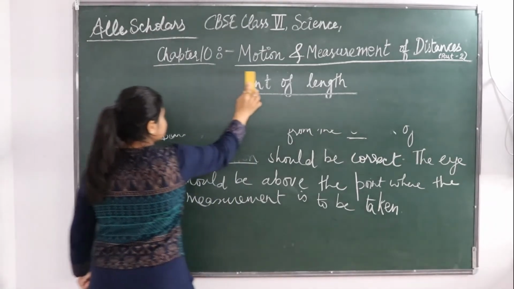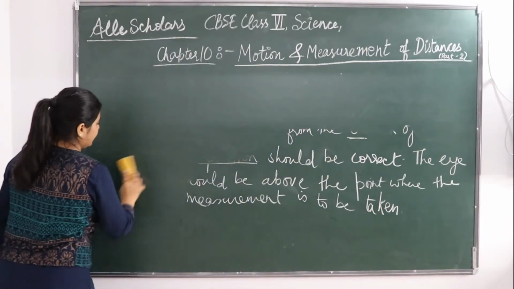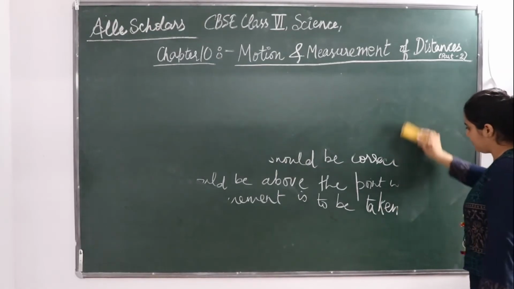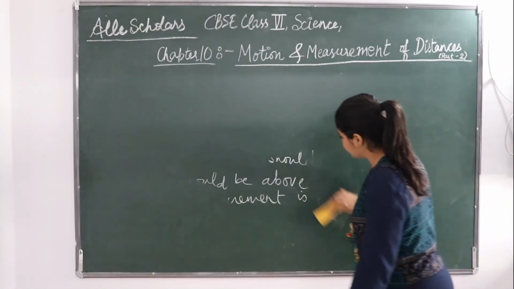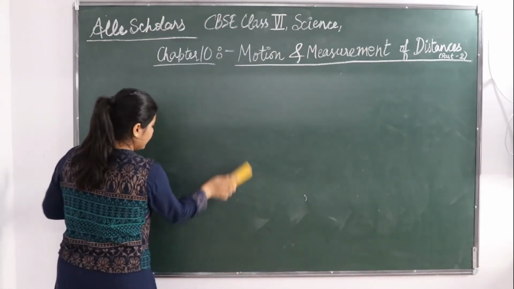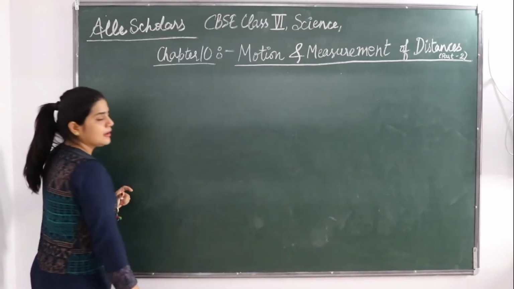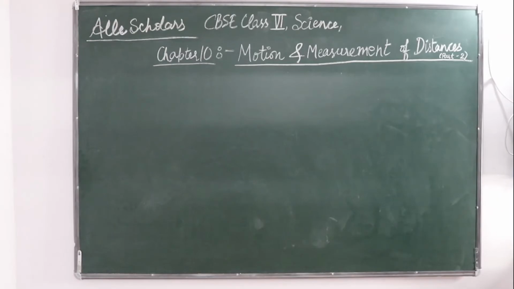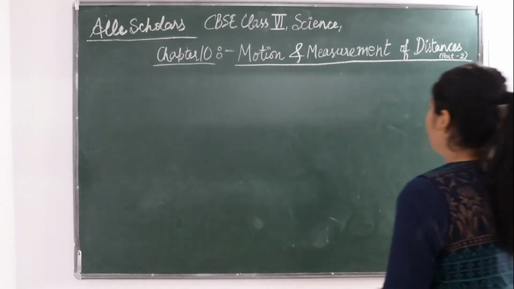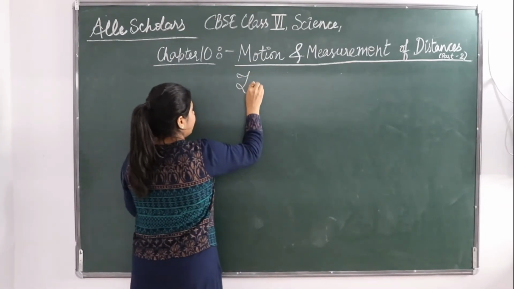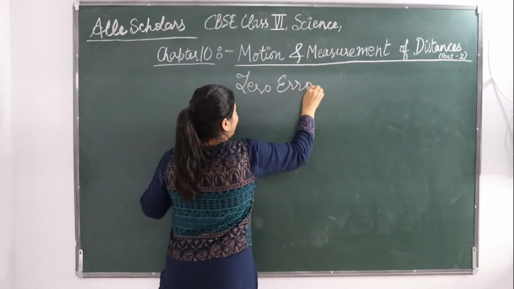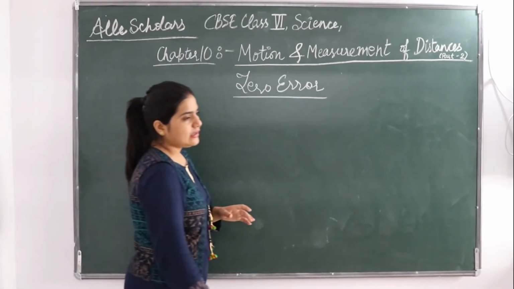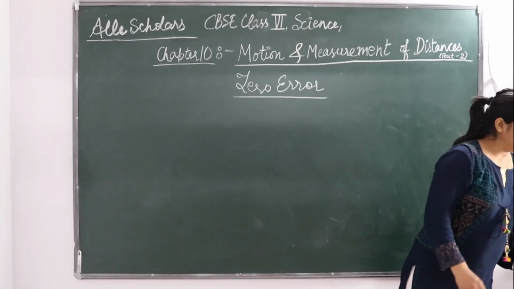So we have seen the correct measurement. Now the chances of error. Where is the chance of error? So the first step we have seen is to keep it in contact. The second step we have seen is that we should always measure the distance from the 0 mark. So what error are you going to get if you do not measure from the 0 mark? There is an error that is called 0 error. Okay? 0 error. So what is 0 error? Suppose, let's take this scale.